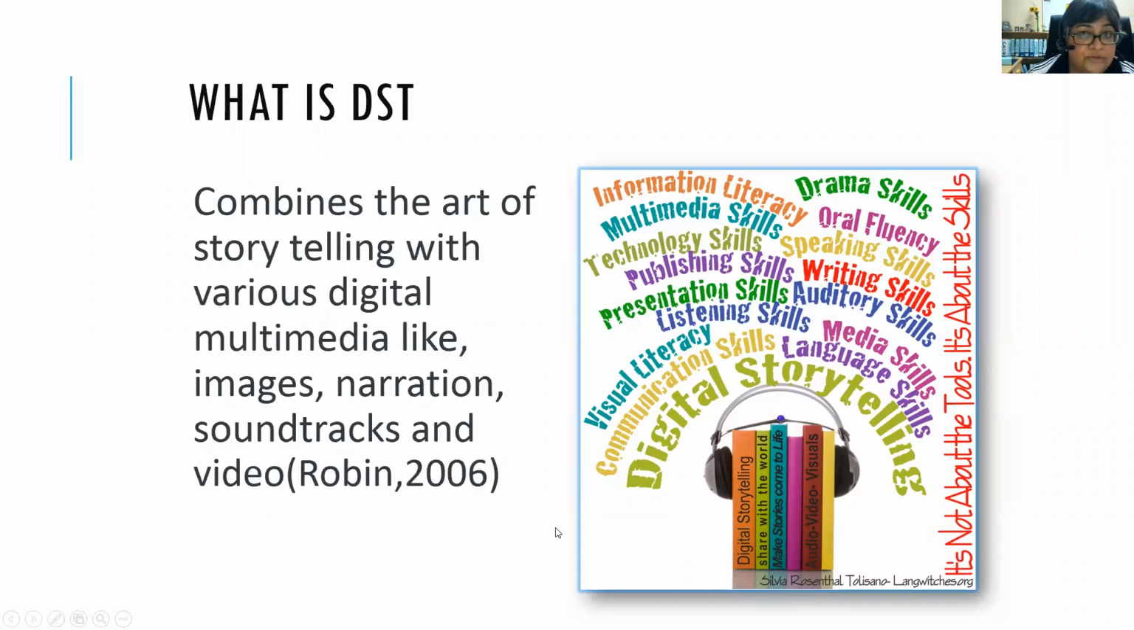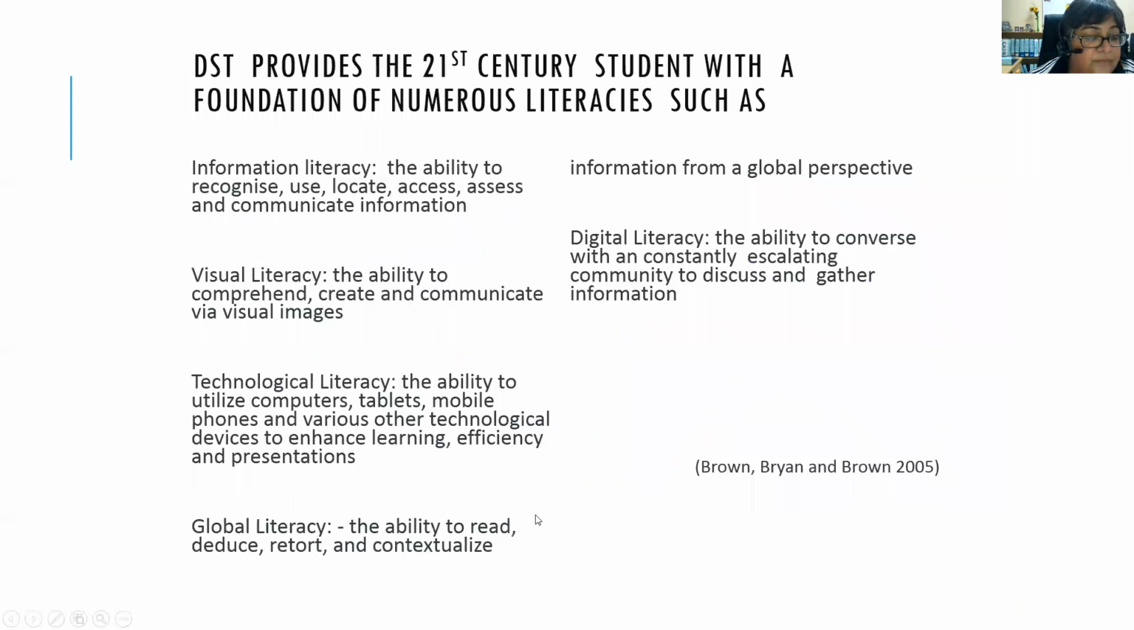So what is digital storytelling? It's a combination of the art of storytelling with various digital multimedia such as images, narration, soundtracks, and video. Digital storytelling provides a 21st century student with a foundation of numerous literacies, such as information literacy, the ability to recognize, use, locate, access, assess, and communicate information;